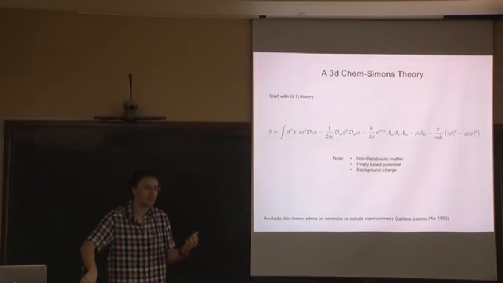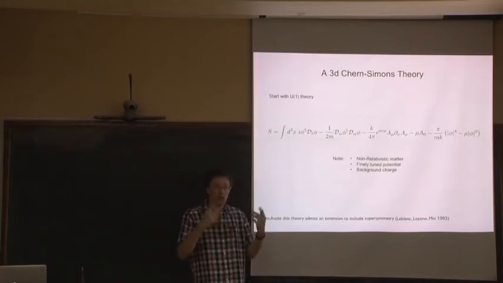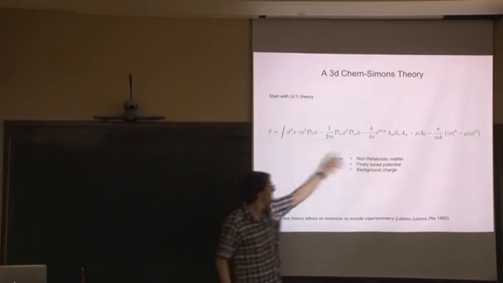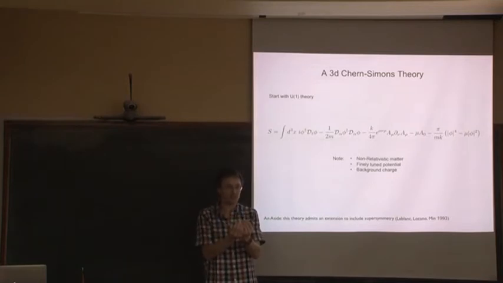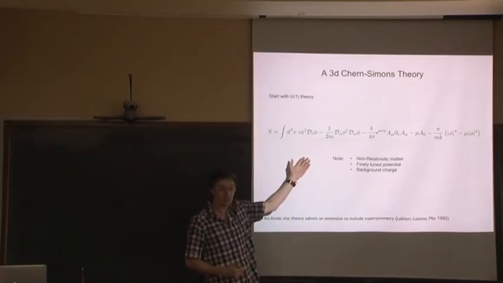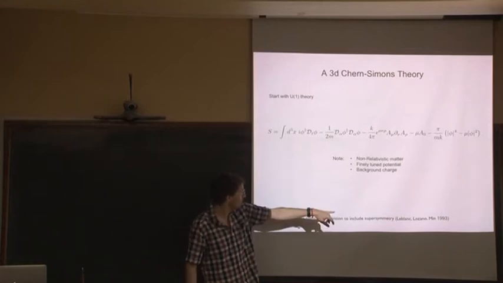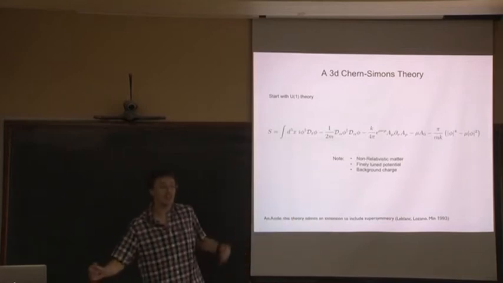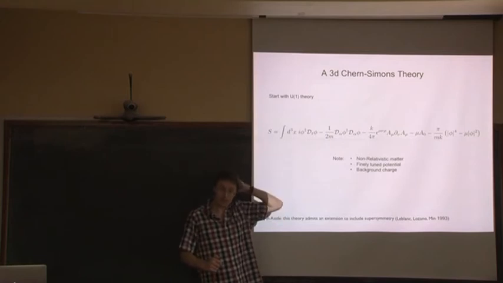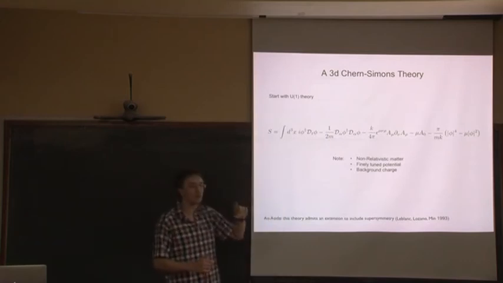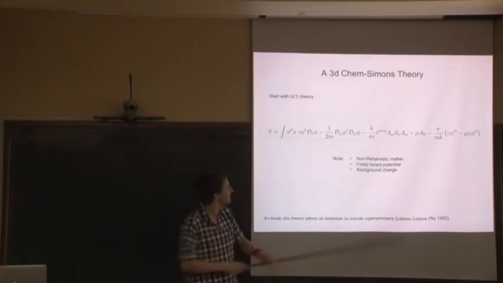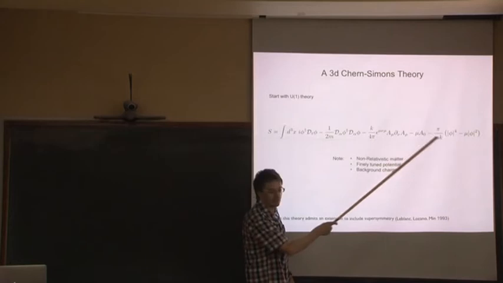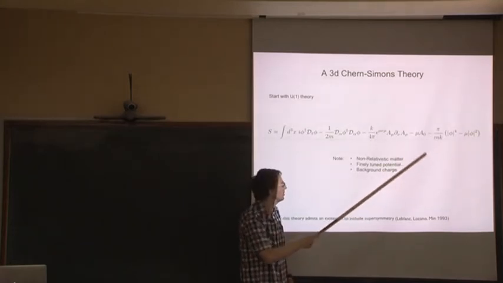There are two ways to think about this. One, which is the way we arrived at it, is that this is actually a theory which admits a supersymmetric completion. It's odd because usually supersymmetry is related to relativistic field theories, but this admits a non-relativistic supersymmetry. It was written down by Leblanc, Lozano, and Min in '93. So that's kind of what drew us to think about this theory. By the way, for those of you who remember my talk in Goa, I know it was a long time ago, I was talking about exactly the same theory, but with mu equals 0. So the only difference is this term.